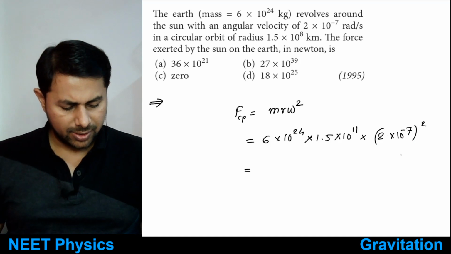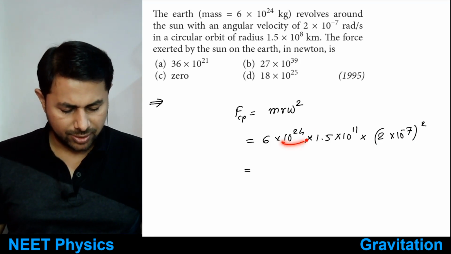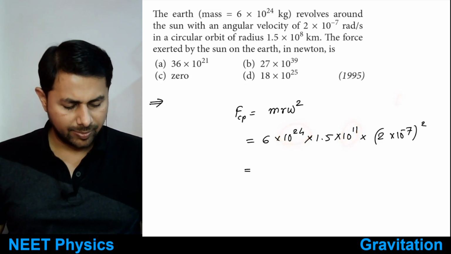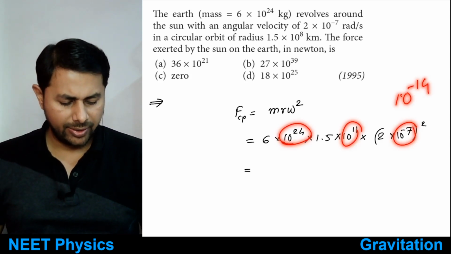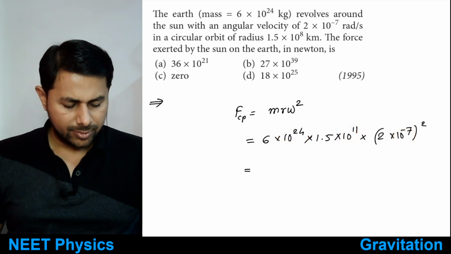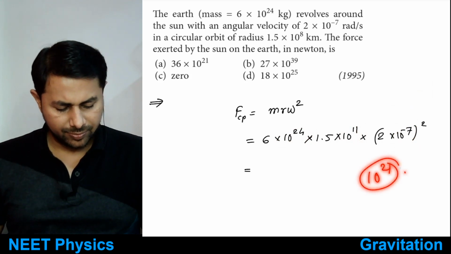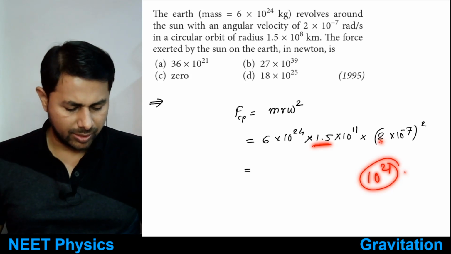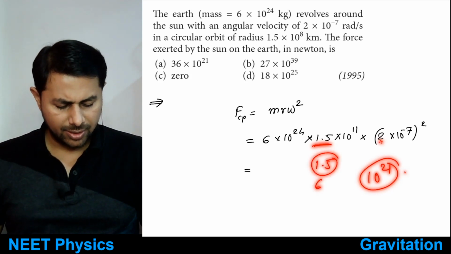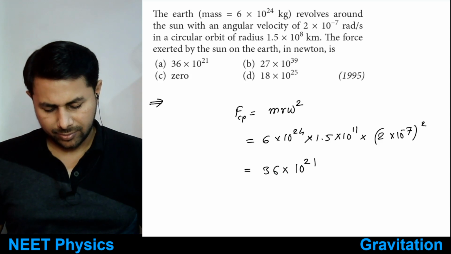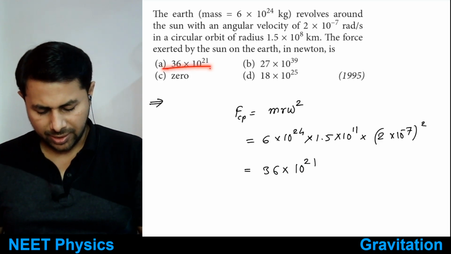So now just do the calculation. So this is 10 raised to 24 plus 11 means 35, and this thing is 10 raised to minus 14, right? So 35 minus 14 is 10 raised to 21, and then multiply this thing. So this will be 4 times 1.5 is 6, 6 times 6 is 36, 36 multiplied by 10 raised to 21. Yeah, so that's the answer, option A,